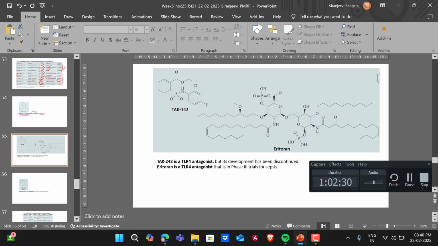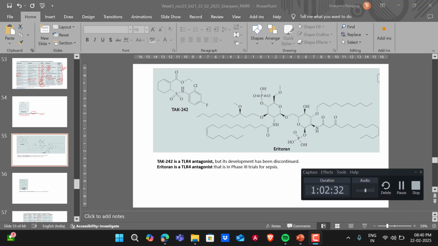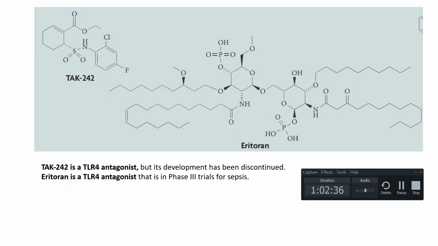Not only that, the development status of other components shows they target the other TLRs, because it's related to the inflammation pathway and also allergy, right? So if they want to give any drug against allergy, asthma, or autoimmunity, people are trying that in day-to-day work. So this is what we have in the case of